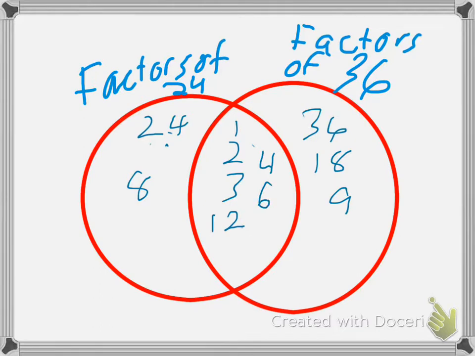So 6, 7, not a factor of either. 8, a factor of 24, but not 36. 9, a factor of 36, 9 and 4. 10, a factor of neither. 11, a factor of neither. 12, a factor of both. 13, a factor of neither. 14, a factor of neither. And I could keep going on. And 18 would be the factor for 36, 36 and 2. So looking at my